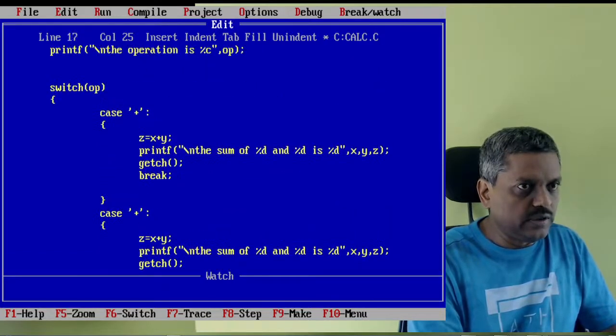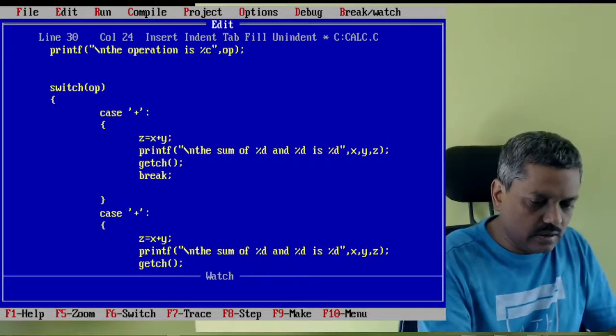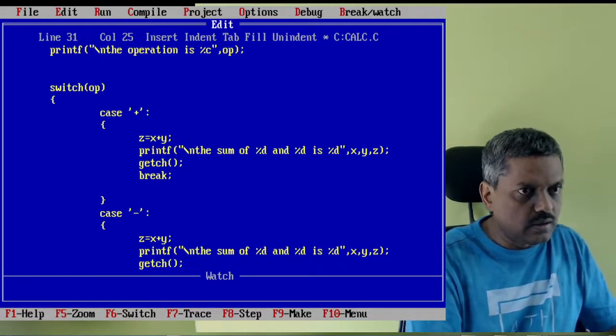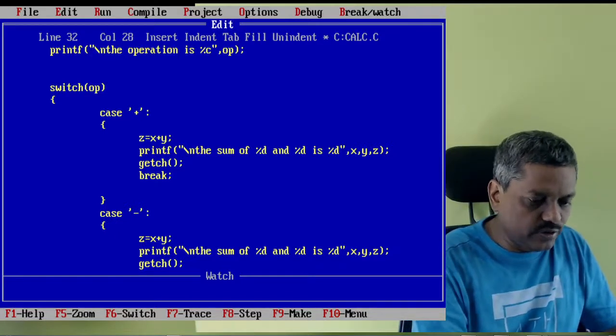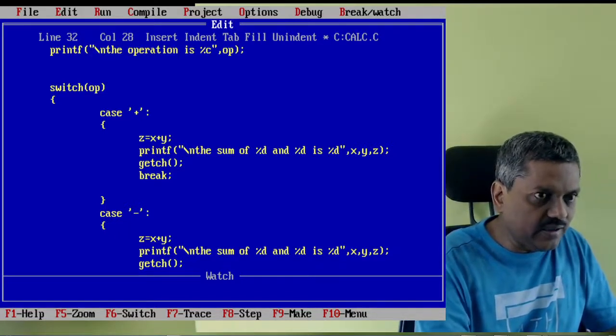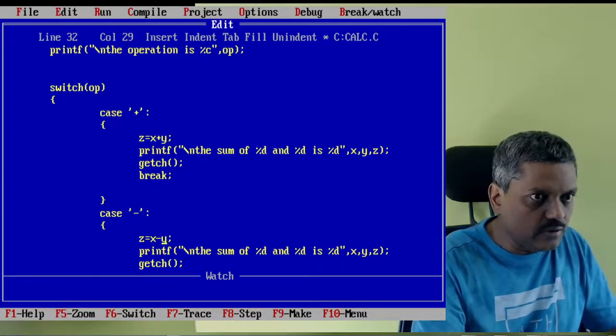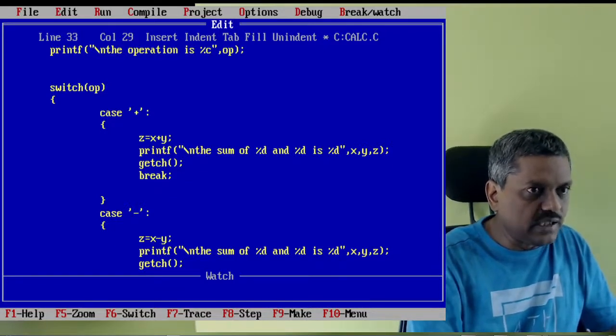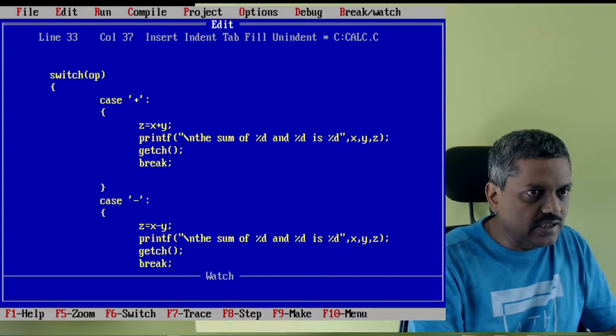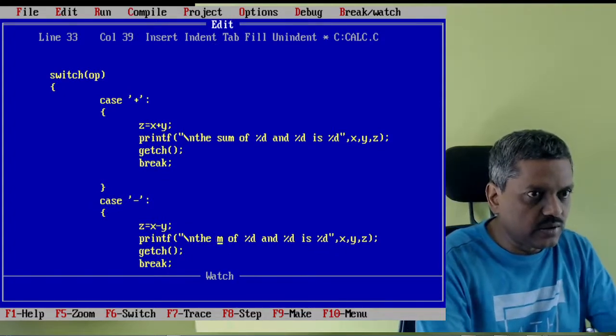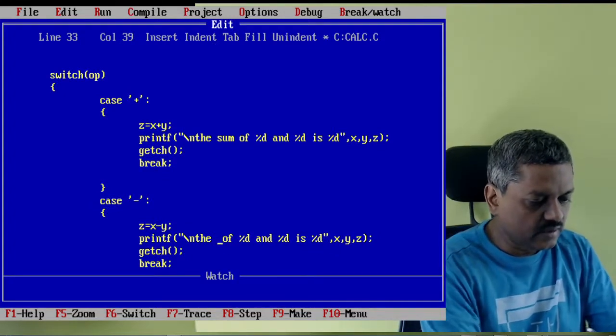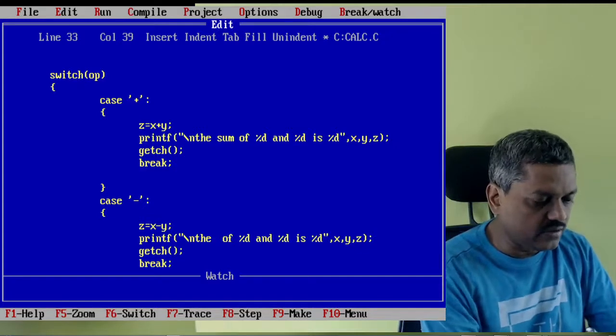The very first is plus, and we will change the next automatically. This should be the minus symbol, and here also we have to change. Just indicating the minus symbol will not do. You have to change the operation, and relevantly it is not the sum, it is the difference.